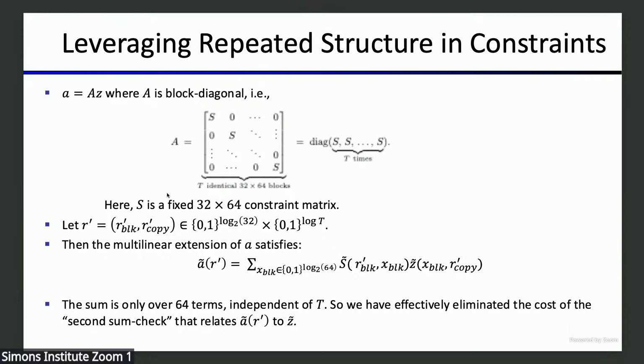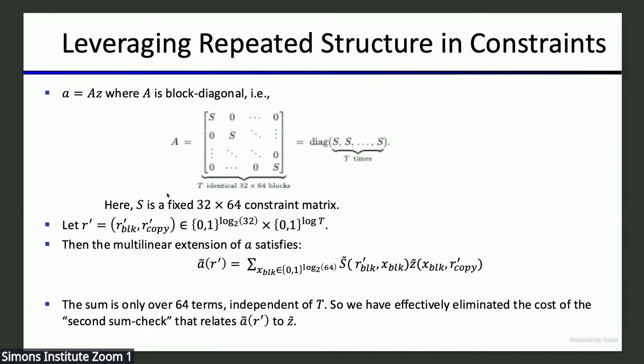And in this case, it's pretty easy to check, as an exercise offline, that the second sum check only has to be over the number of columns in the small blocks, independent of the number of copies of the small blocks. For time reasons, I won't go through this, but I have a multilinear